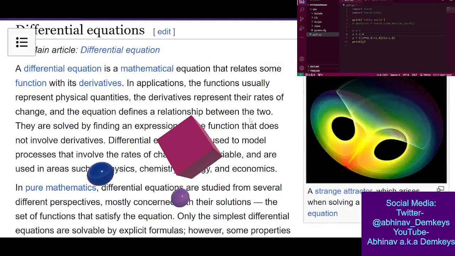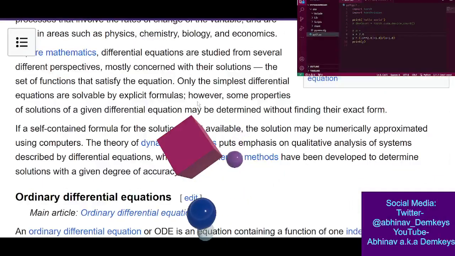Wait, there's a differential equation. A differential equation is a mathematical equation that relates some function with its derivatives. So I think I'm going to be using this in calculus. Assuming I don't have the formula just given to me,